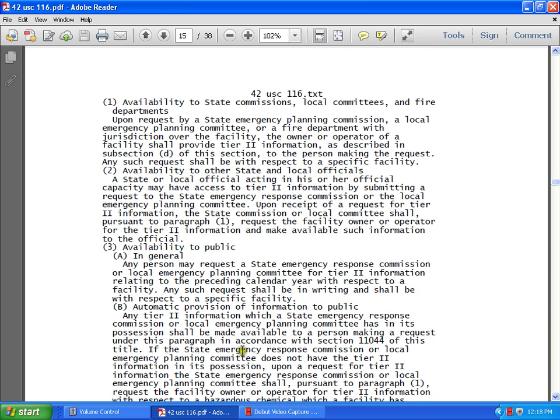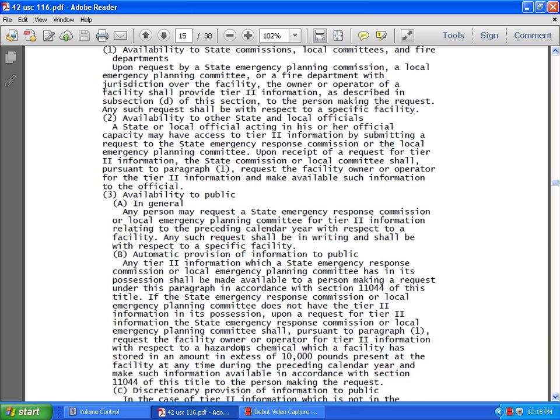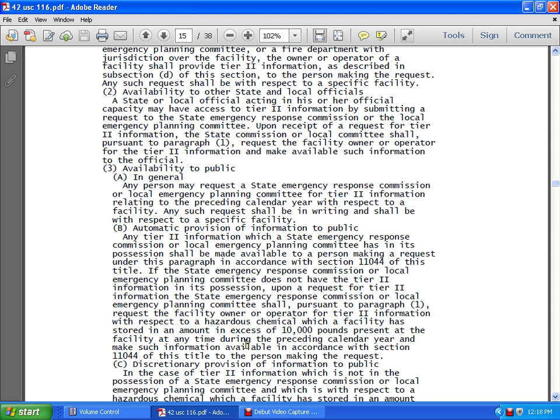Three, the availability to the public. A, in general, any person may request from a state emergency response commission or local emergency planning committee Tier 2 information relating to the preceding calendar year with respect to the facility, and such request shall be in writing and shall be with respect to a specific facility. B, the automatic